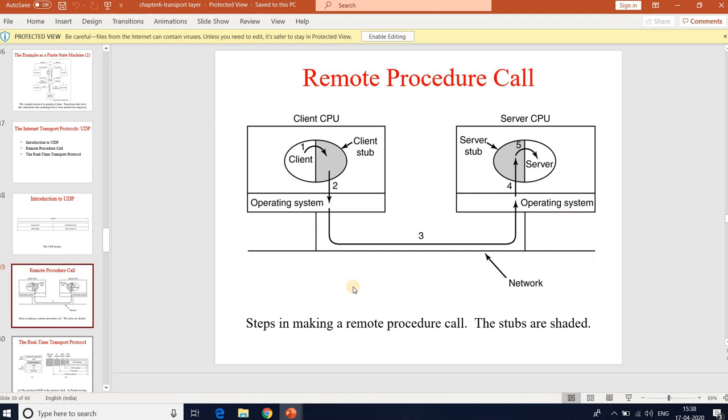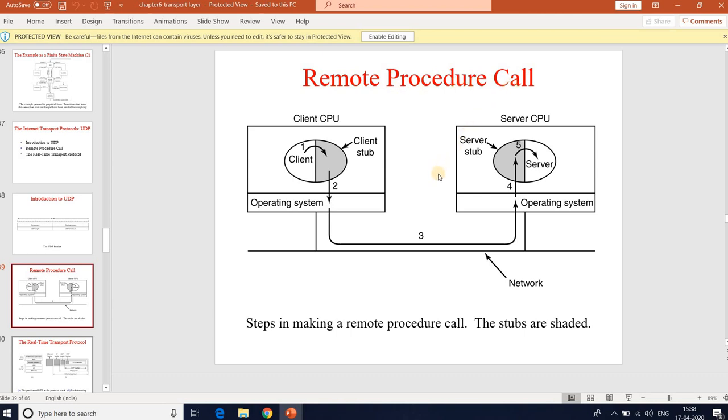Information can be transported from caller to callee in the parameters and come back in the procedure result. No message passing is visible to the programmer. This technique is called RPC, which stands for remote procedure call.